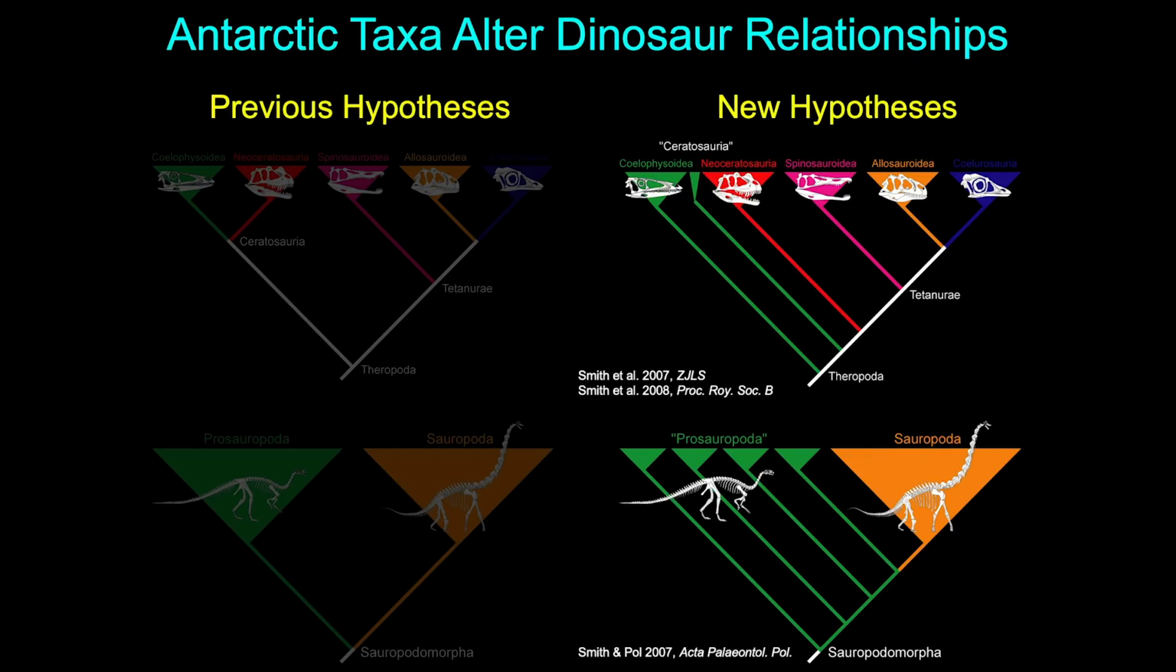The take home is that it creates more of a ladderized arrangement of evolutionary relationships at the base of these major dinosaur groups. And you may think, well, that's not a big deal. All you're really doing is maybe moving a few branches around on the evolutionary tree of life. But it does have some implications for